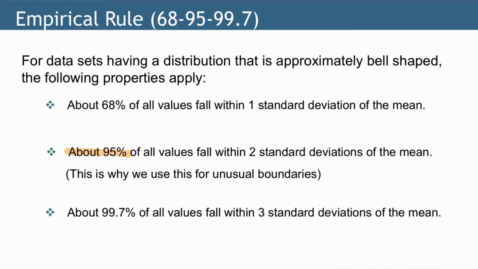Which is exactly why if you're outside of 2 standard deviations, that's kind of an unusual value, because only 5% of the data is outside 2 standard deviations. If I told you something happened less than 5% of the time, you'd say, yeah, that's kind of rare, or in other words, unusual. And if you go out 3 standard deviations, that's pretty much everything,